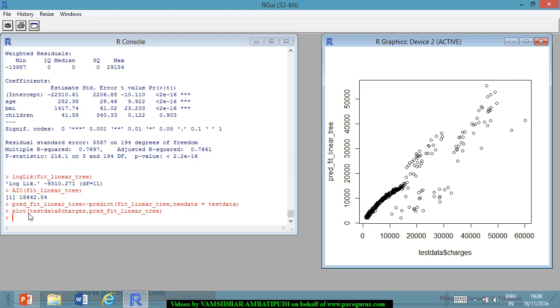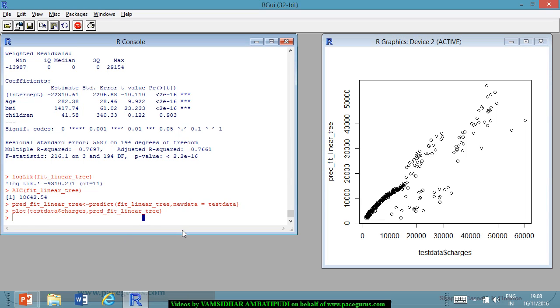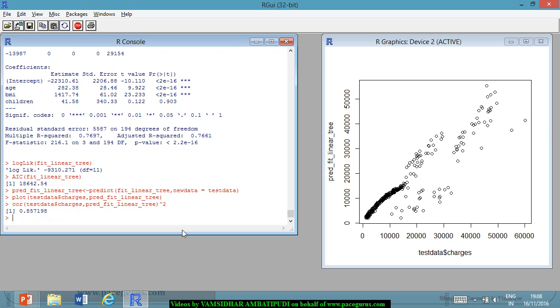But just to be on the safer side, instead of doing the plot, if I take the correlation squared, which is my R squared for the comparison purposes, instead of plot, I will take it as the correlation squared, which is the R squared for the model. It says this is